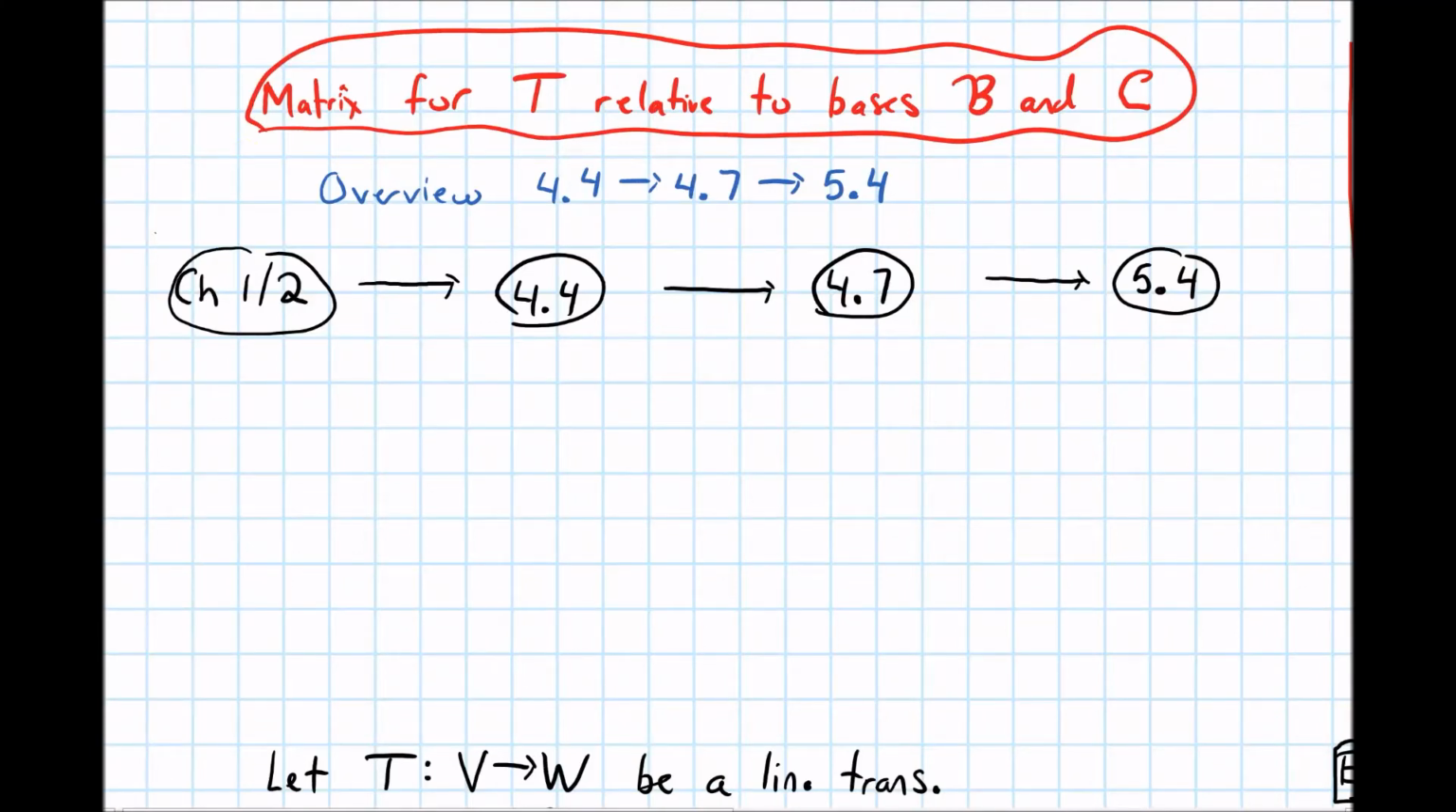In this video, we're going to talk about the matrix for a transformation T relative to bases B and C. So I want to begin by just doing a brief overview of the progression that we've made when talking about coordinate vectors. So back in chapters 1 and 2,